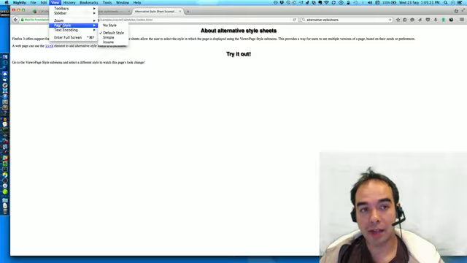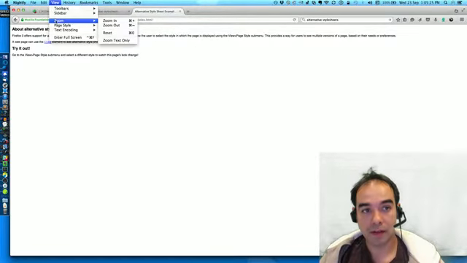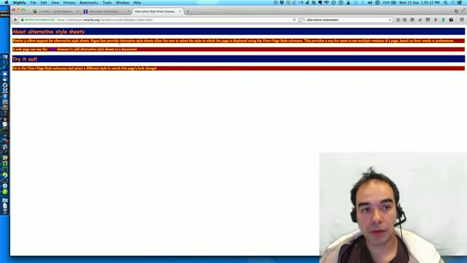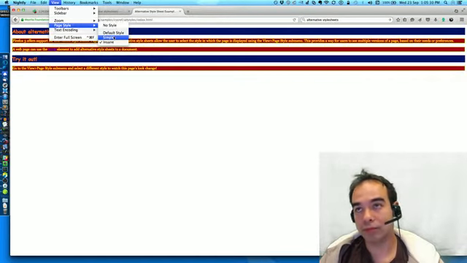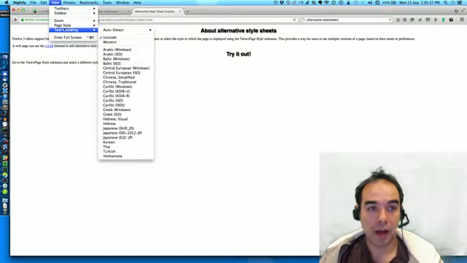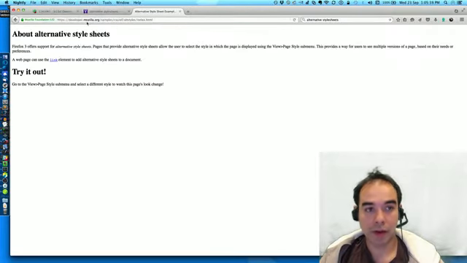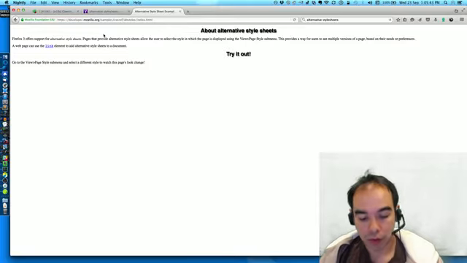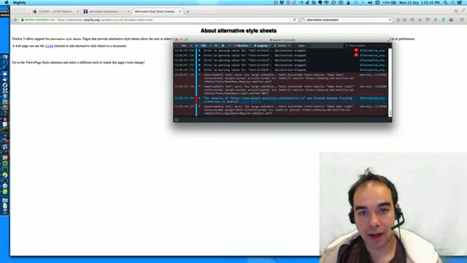And then from page style, you can choose which style you want to see. That might be useful for some people, if a page had, I don't know, a high contrast theme or something, maybe. And you can always just strip off all the styling, that sort of thing. So, notice that when I'm doing all of that,